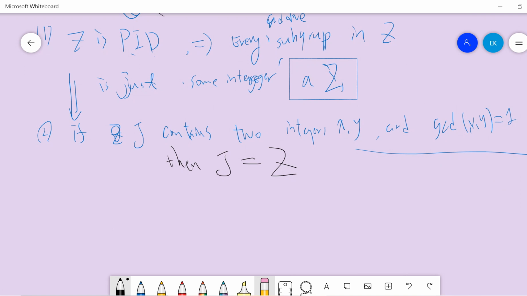And this is due to the Euclidean formula, which says that